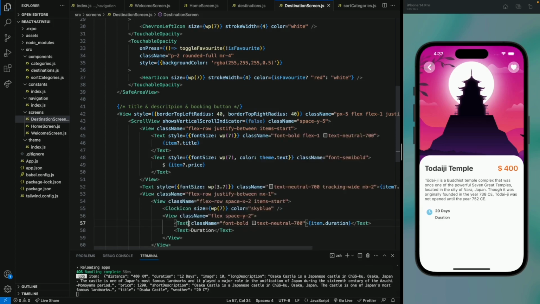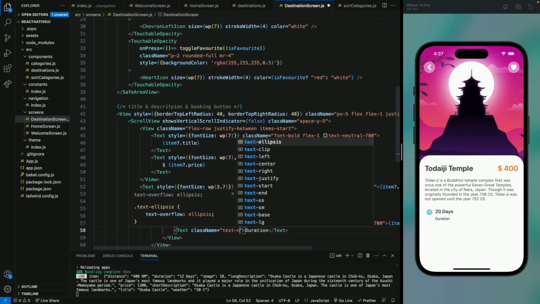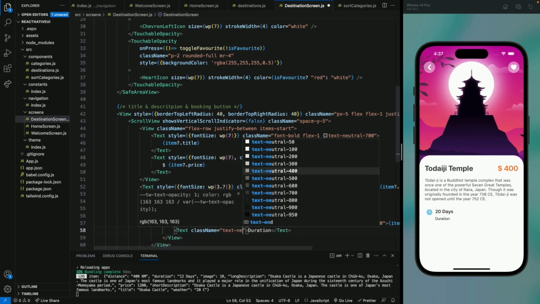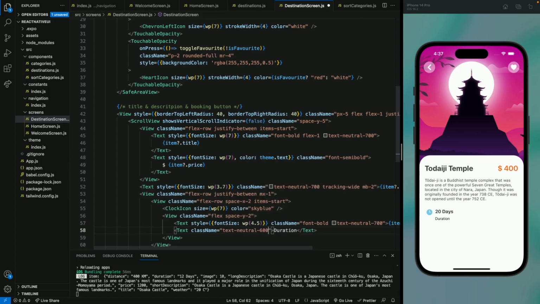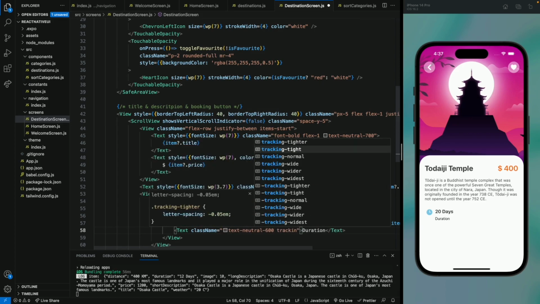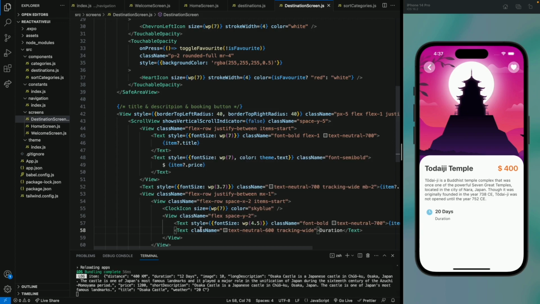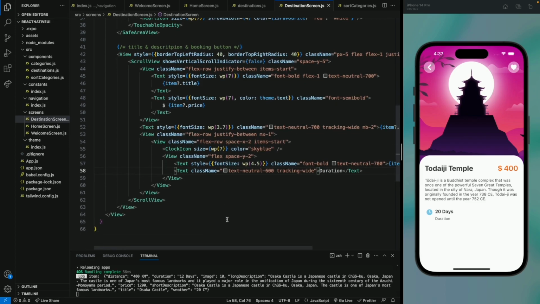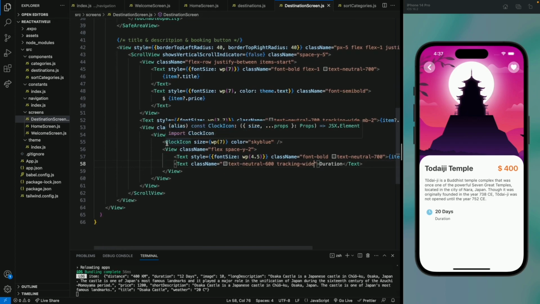Now let's add a font size as well. So let's add our style property and use the font size of WP 4.5 like this. And let's add a class name for this duration text, which will be text of neutral 600 and a tracking wide. Okay, looking good. Now we need to copy this 2 more times to have a view for the distance and